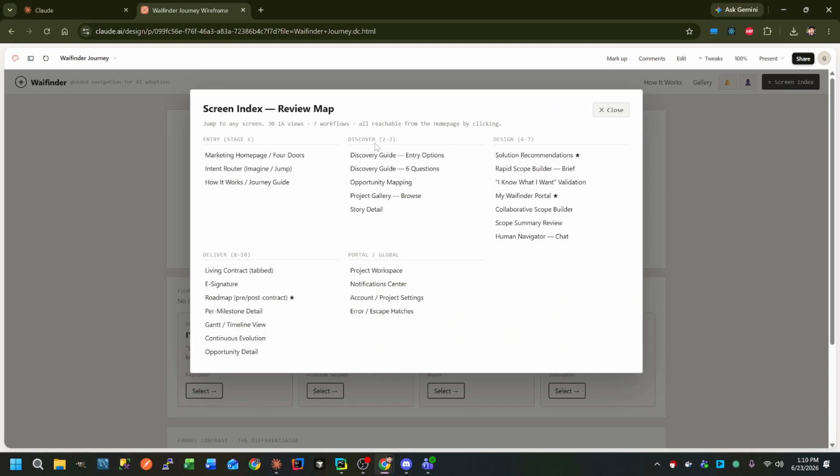But essentially, this is broken down into 10 steps, and they're in these 4 buckets. We got entry, discover, design, and deliver, right? And so you can think of entry and discover and even design really as like the marketing and sales stuff. And that's what